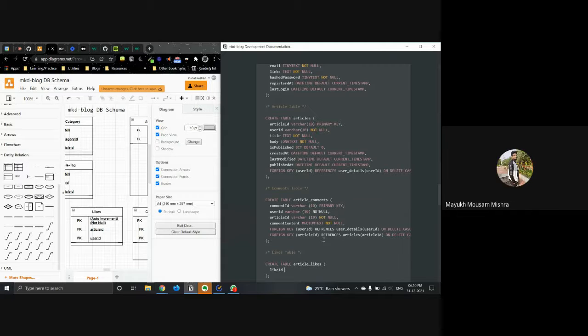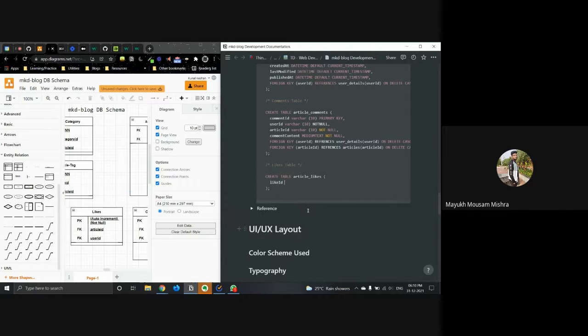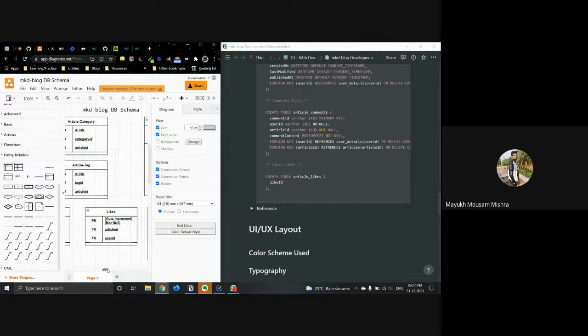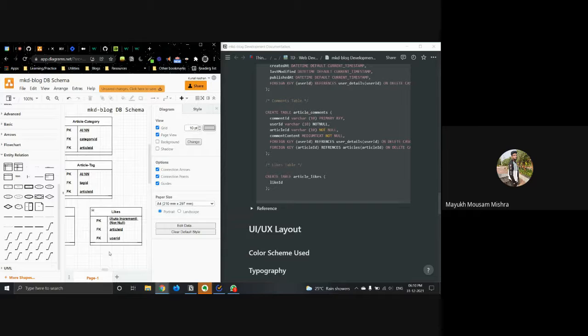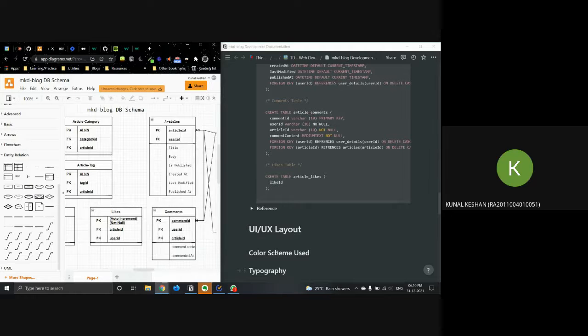Kunal, could you shift the schema a bit left? Okay, so there's your like ID. It will be a primary key, auto increment, not null.